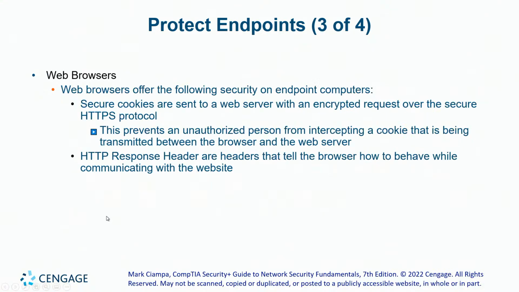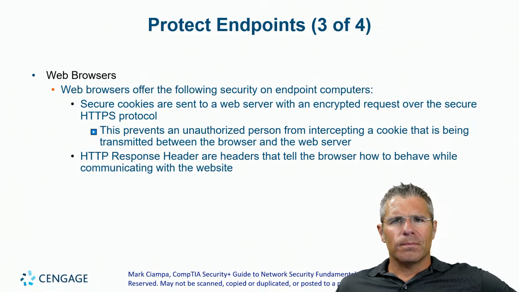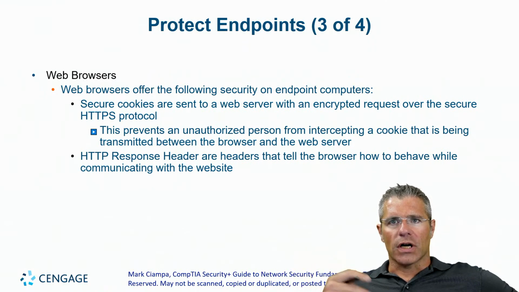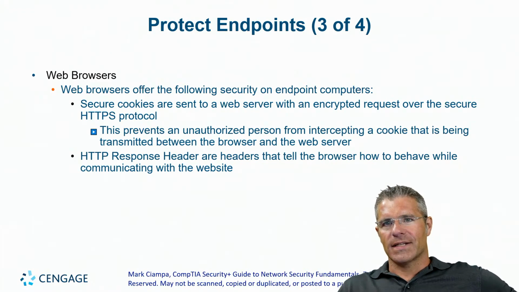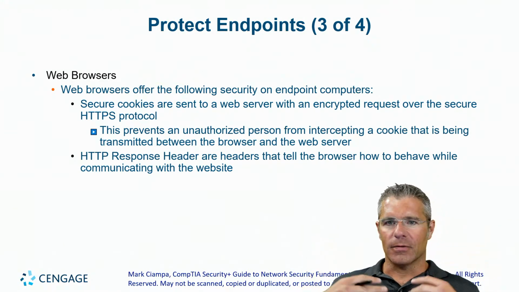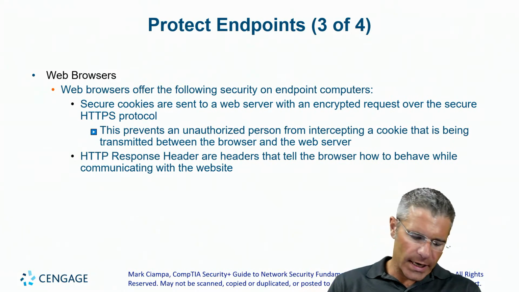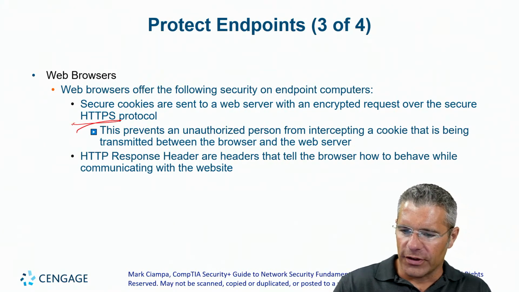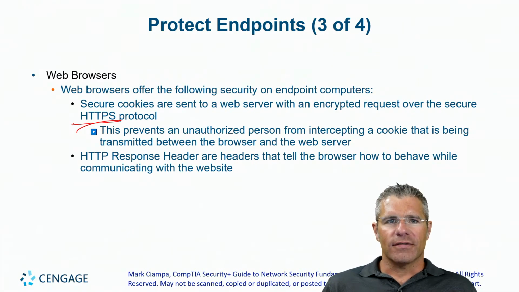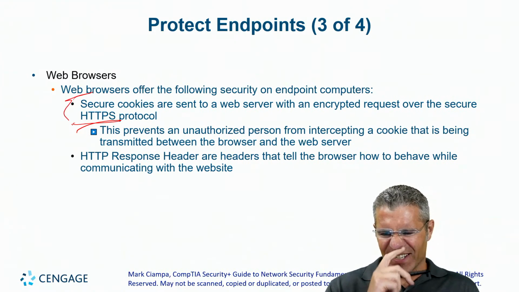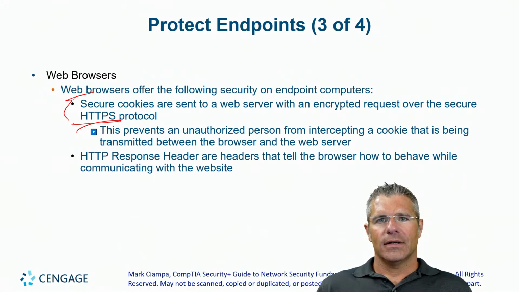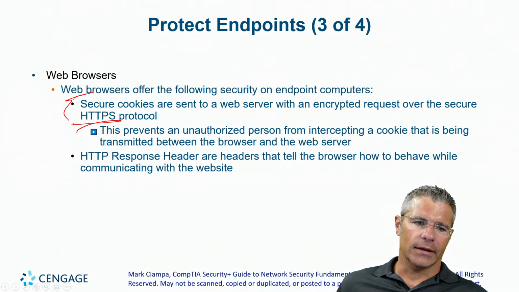There are things you can put into your web browsers unto themselves, and they're constantly getting better and better. Some of those protect against cross-site request forgery and cross-site scripting attacks, which depend on the ability to have one website from a different origin than the one you're on. Keeping connections on the network secure using HTTPS means that no one can look at the contents of things, including the cookies that you might send across the interwebs. That way that cookie, especially if it's your identity, can't be used for getting into trouble.